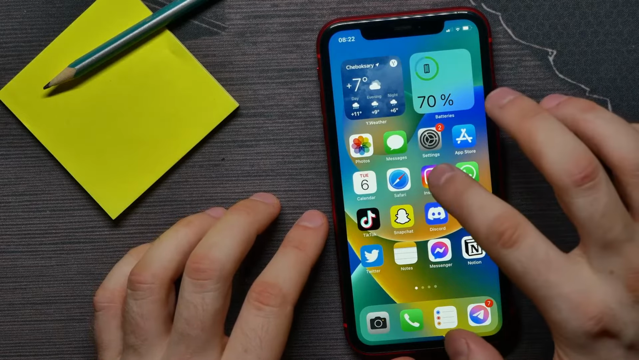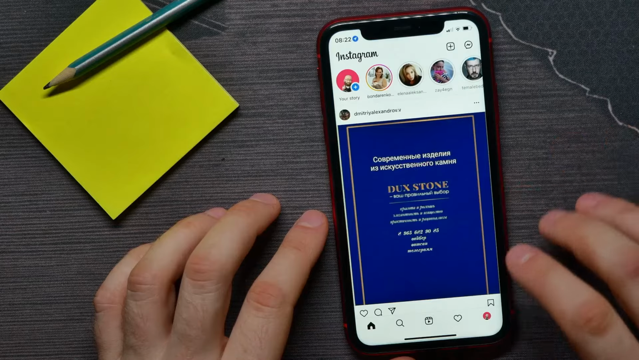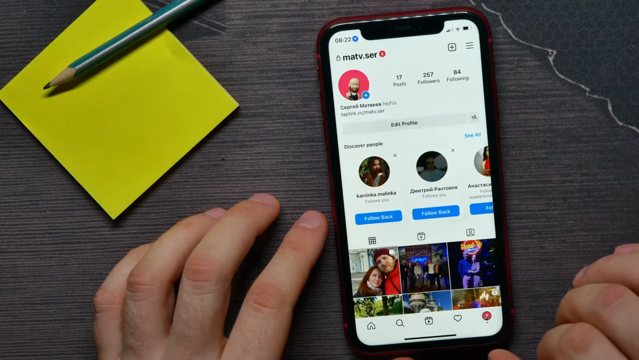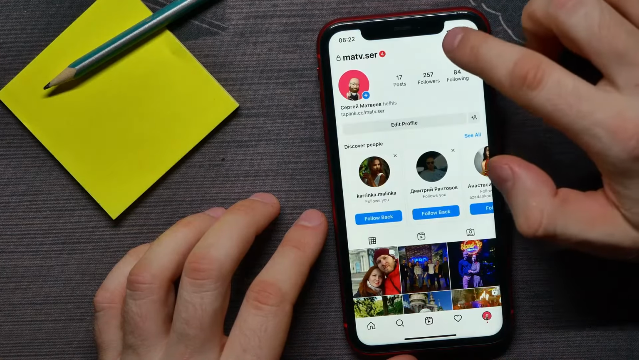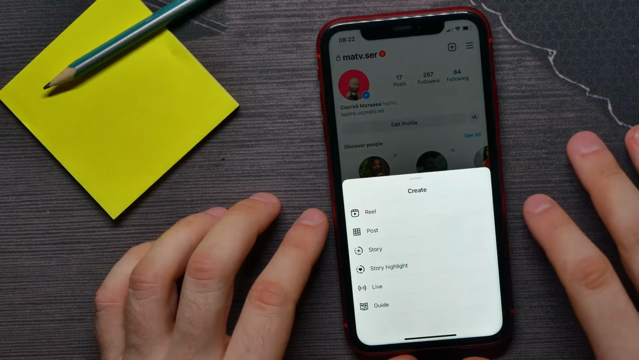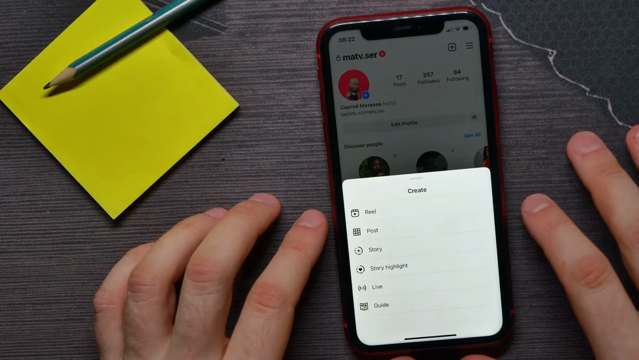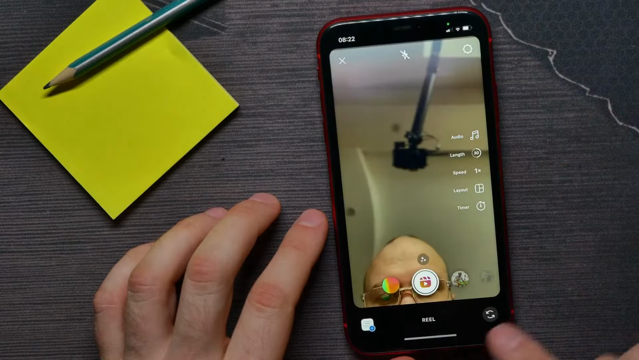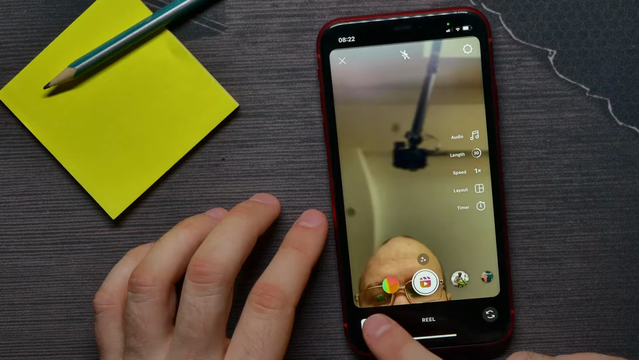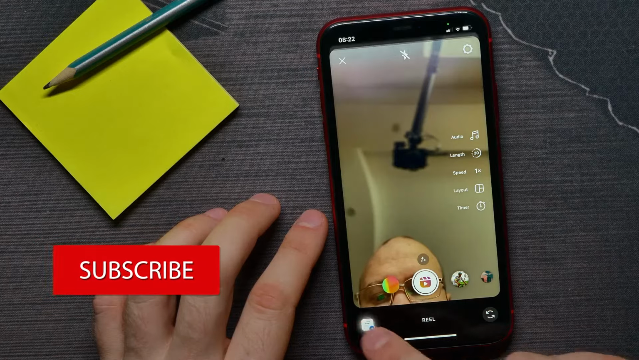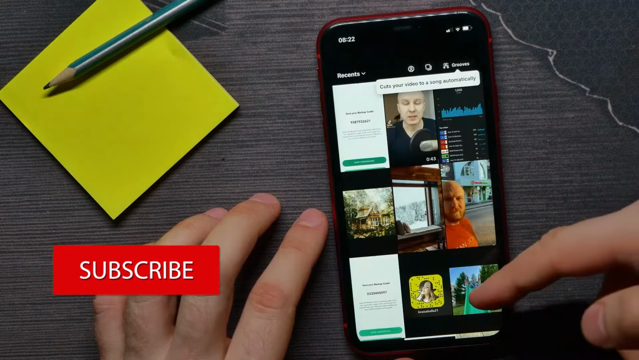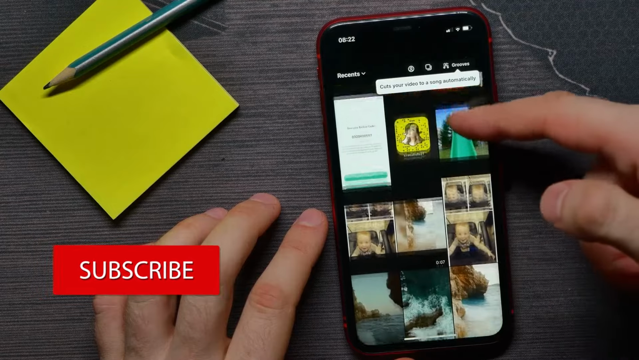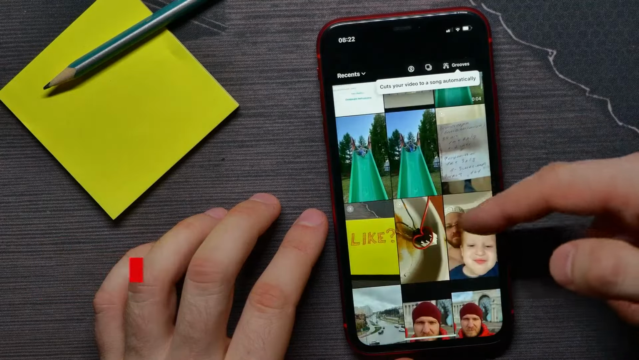First, open up the Instagram app, then go to your profile and tap the plus sign. There, instead of selecting story, select reel. Now tap the add sign to open up your gallery, and there you can select some photos to add